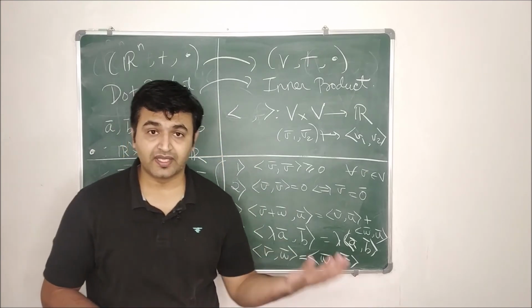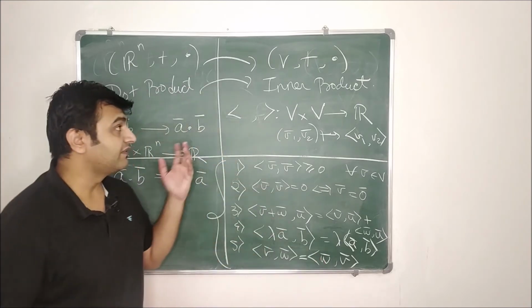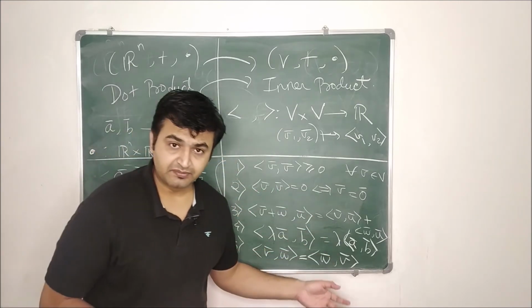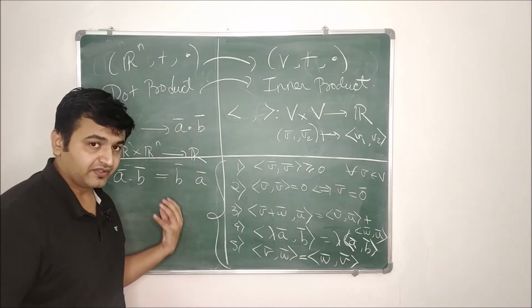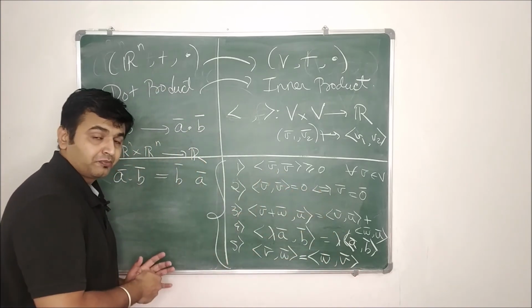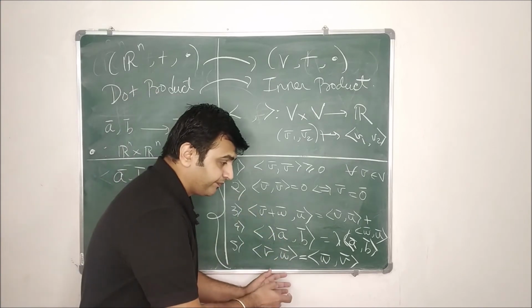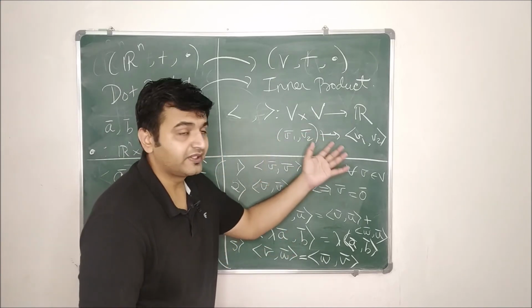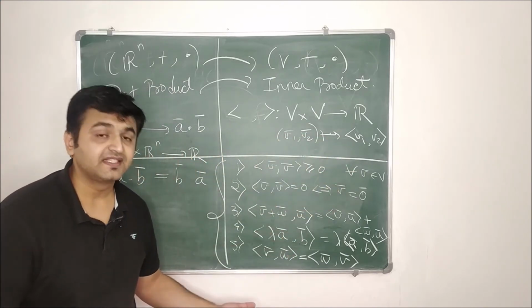That's how the definition of inner product came into the world, because the question was asked about the angle between the vectors. Here we have the dot product, so can we have something over here? The dot product is a function. So we defined inner product as a function, and then we collected some good properties of inner product, and we said that if you have a function from V cross V to R satisfying these properties, then we say that it's an inner product.